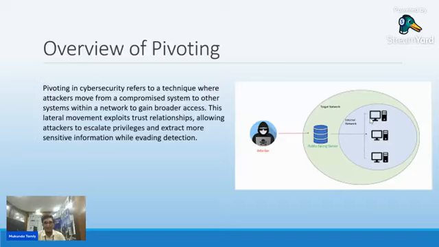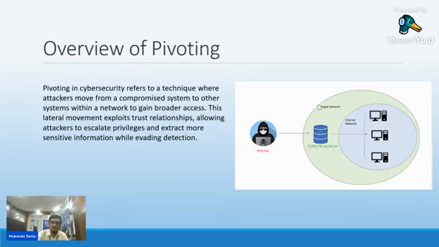Now what happens? The attacker attacks the public facing server and gets all the details. Now what remains is how we can gain access or information about the internal network. This is where pivoting comes in. Pivoting means how we can pivot from a public facing server to an internal network and check all the systems for potential vulnerabilities. It allows us to escalate privileges, gather more sensitive information, and avoid detection.